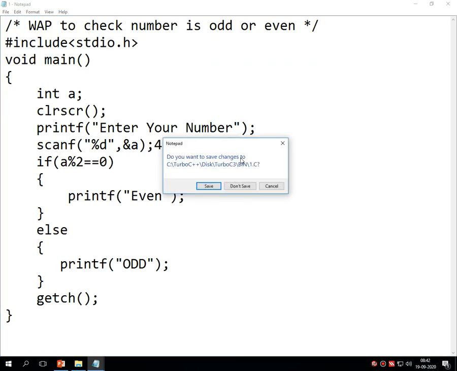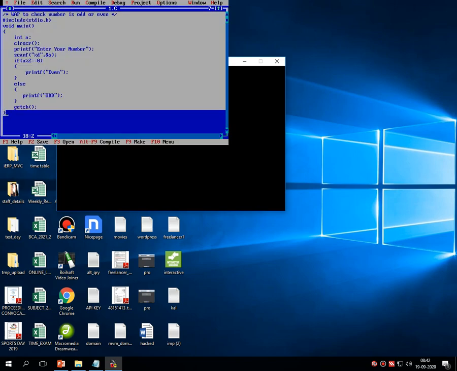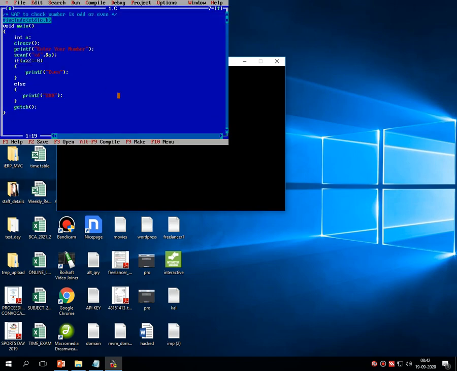I'm just going back into the C compiler. And then here I am making our change. So write a program to check number is 3 or not. Same definition I am writing over here. Then for this entire program, we require one input. So I am declaring a variable called A. Then the basic function called clrscr. Then I am entering the message, enter your number, and then the number.